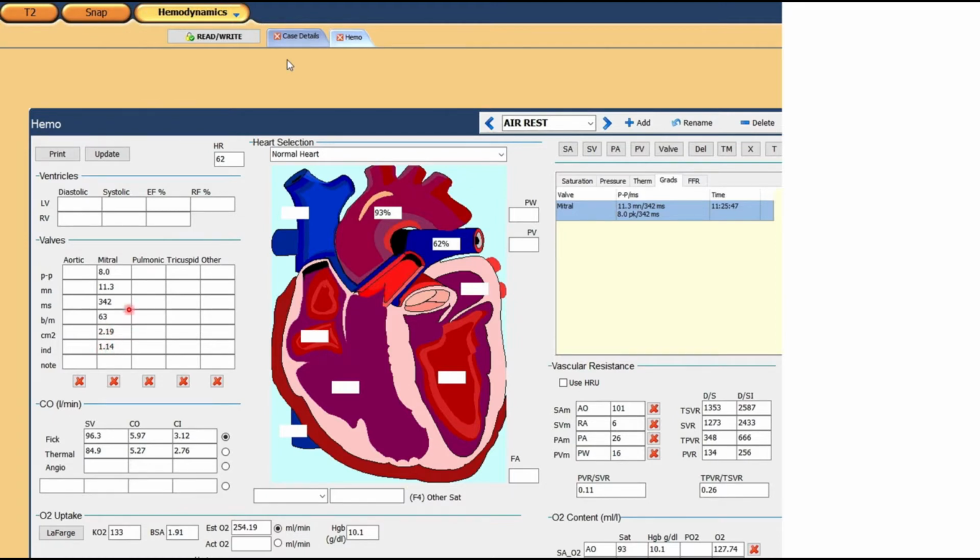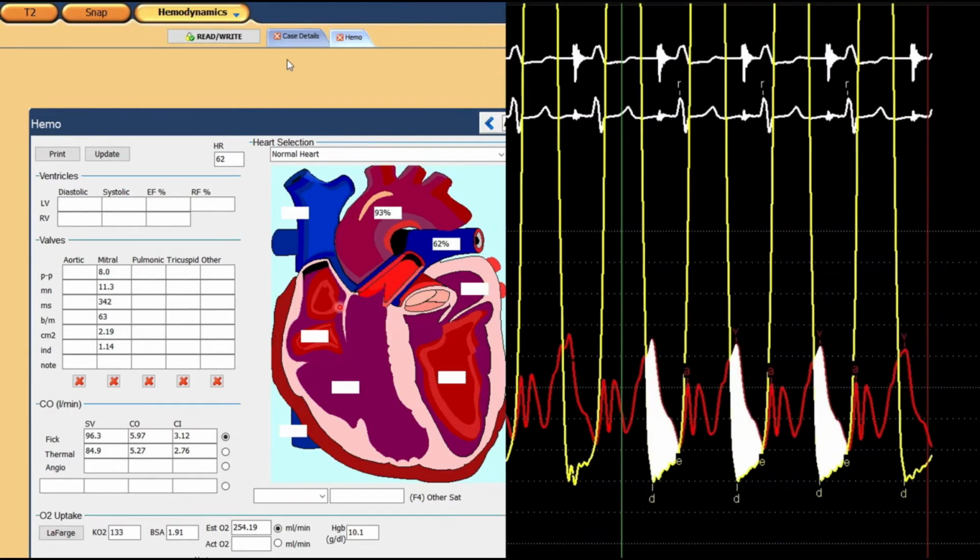In addition to having a gradient, you also need the flow through the valve. So you need to have a cardiac output. And let's remember how we get our numbers in the Cath lab for these things. Shown here are his pressure tracings. Yellow is the left ventricle with a pigtail in the left ventricle, and the red is our other needed pressure, which is going to be left atrial, so you can see a